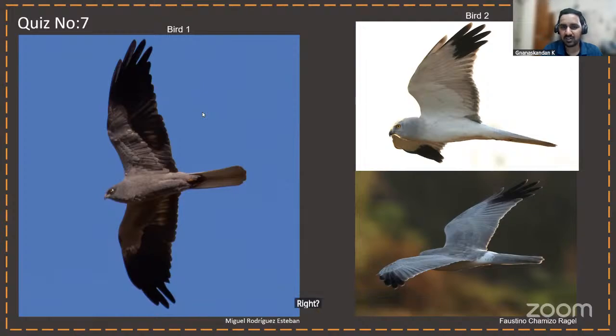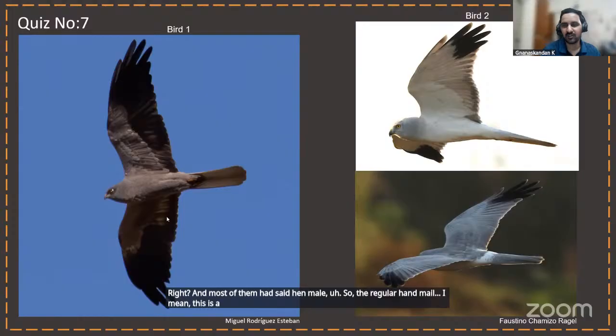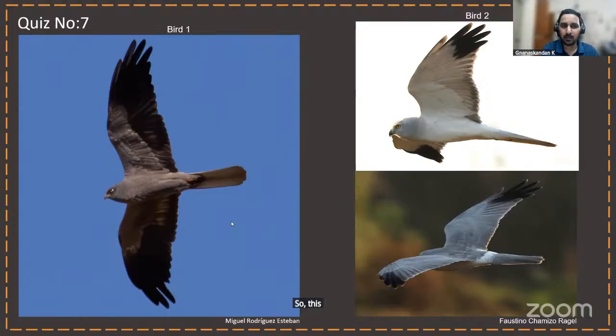And most of them had said hen male. So the regular hen male, I mean, this is a very tricky plumage. So this is actually a Montague's Harrier male. Okay. So Montague's Harrier